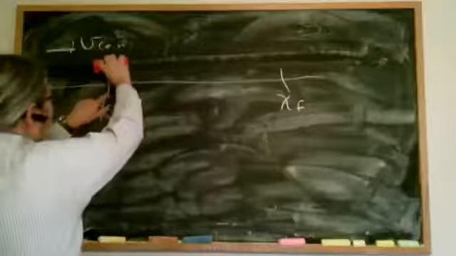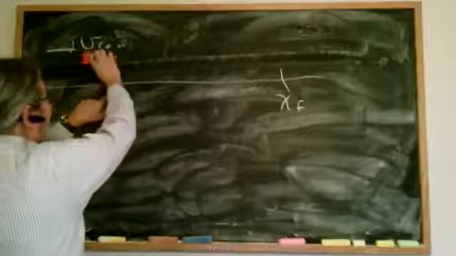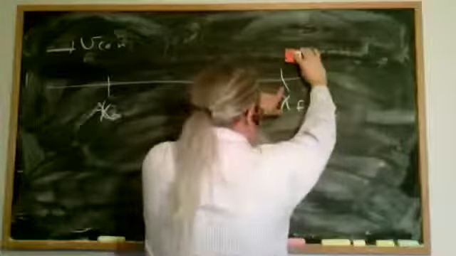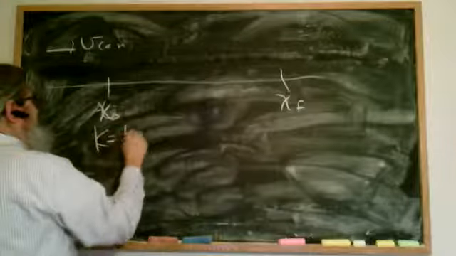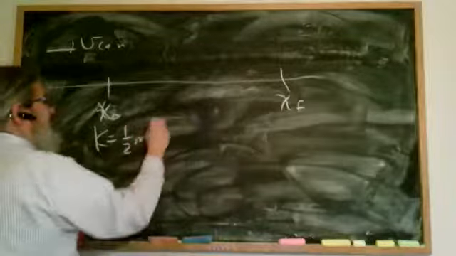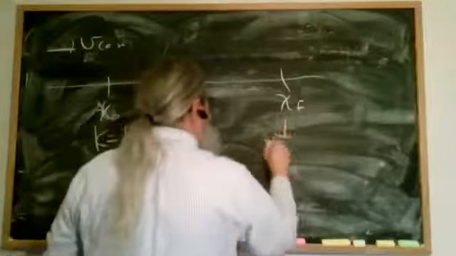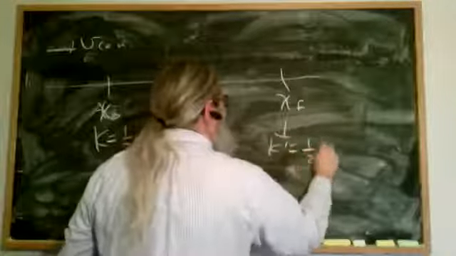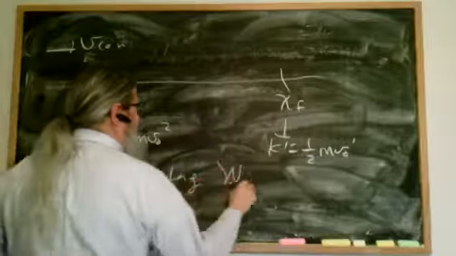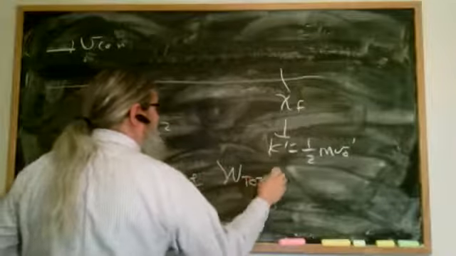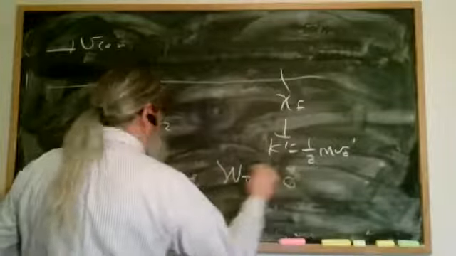Let's watch it again. As I go past here, I have velocity v, which is constant. As I go past here, I still have velocity v, which is constant. So K is not 0. It's equal to 1/2 mv naught squared. And here, K prime is equal to 1/2 mv naught squared. So again, no change, and therefore the total work done is equal to 0.